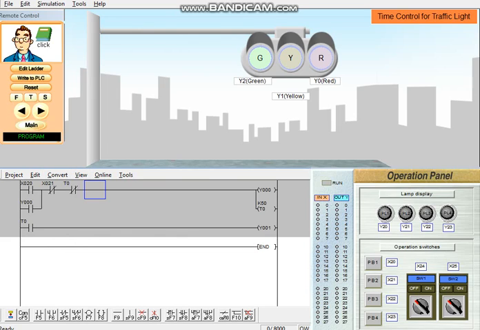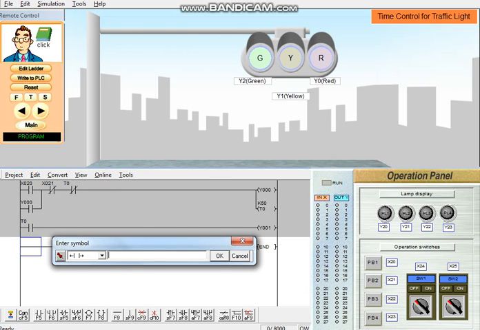Okay, so after 5 seconds Y0 should be turned off. Okay, and then after 5 seconds also, the normally open contact T0 should be triggered. Okay, we need to put a latch address to Y1.